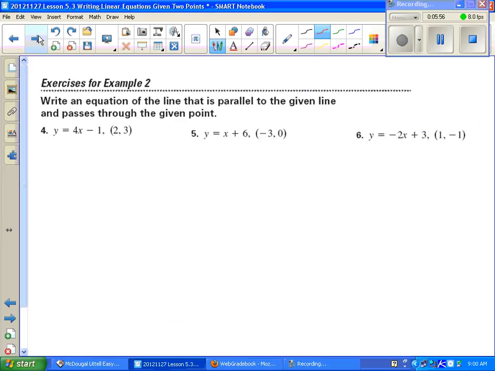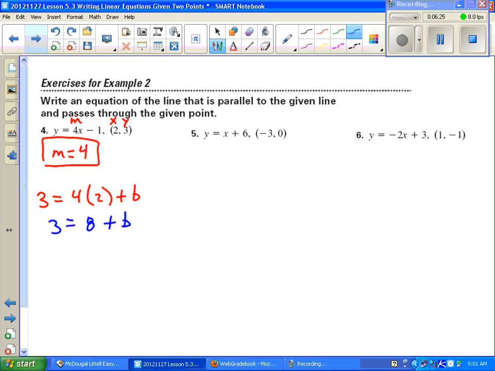These examples, numbers 4, 5, and 6, were exactly like that. All you had to do is understand that y equals mx plus b meant that that one's slope is 4, so your parallel line to it has the exact same slope. Y equals mx plus b, this is still x, this is still y, just like 1, 2, and 3. So 3 equals 4 times 2, m times x, plus b. 4 times 2 is going to be 8,